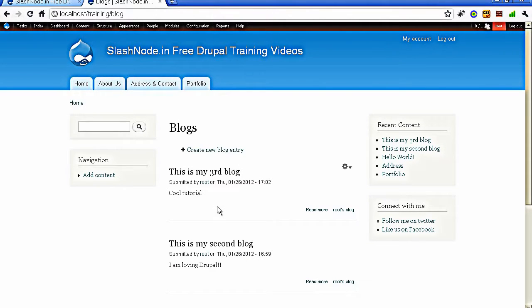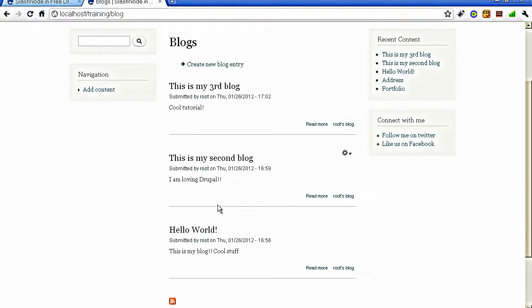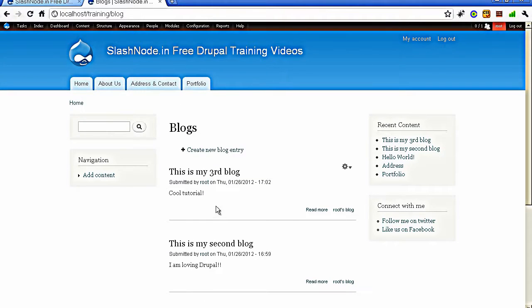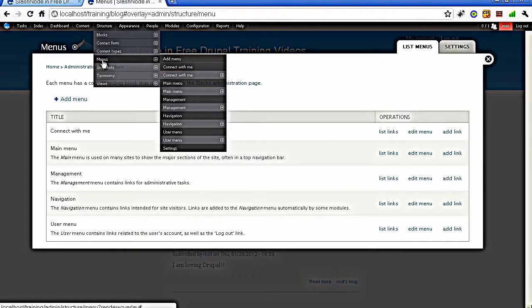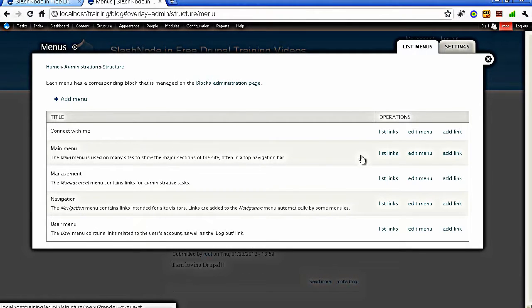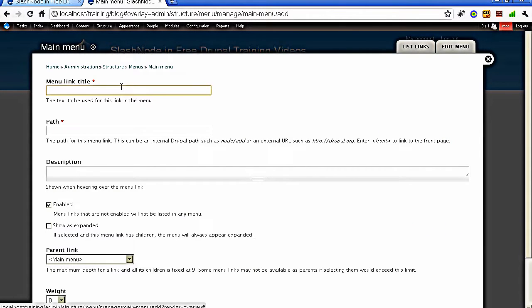Here you can see that this page will display all the blogs that you published to your website, and if you want you can also create a menu item for it. Let me quickly create a menu for it so you don't really need to type the blog word in your address bar. So I want to add a menu link under my main menu. There's another video for understanding how this menu system works, so I recommend you to watch it also. So I want to call it blog, and I am linking it to the blog page.